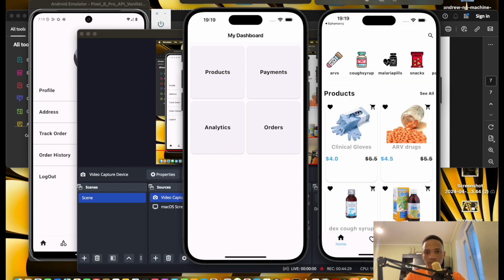Okay, so that's what this is for, adding products to our wish list using Hive database and